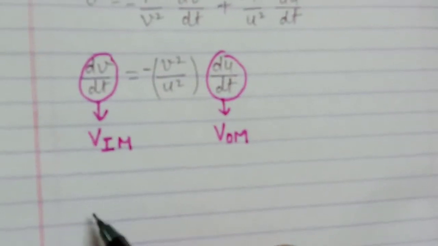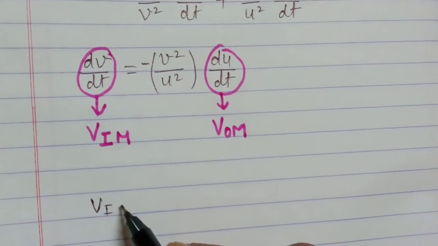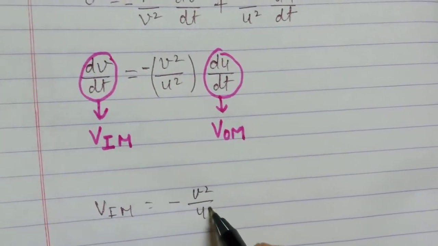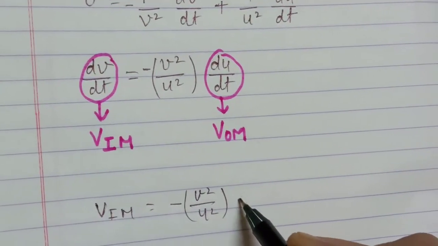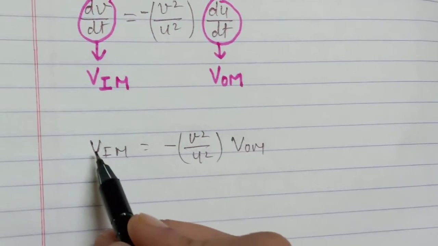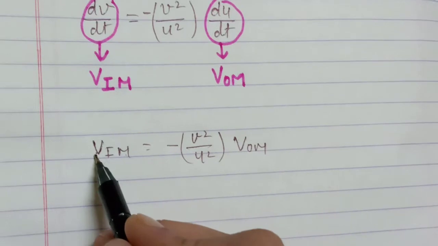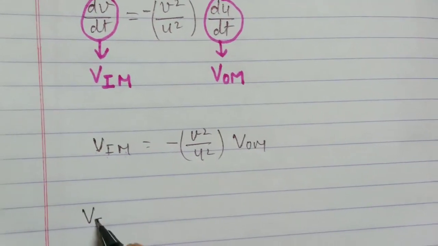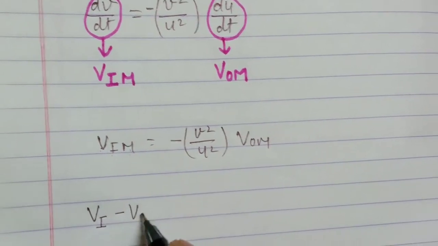Okay, so Vim is equal to minus v square upon u square Vom. I already told you Vim means velocity of image with respect to mirror, means Vi, velocity of image, minus velocity of mirror